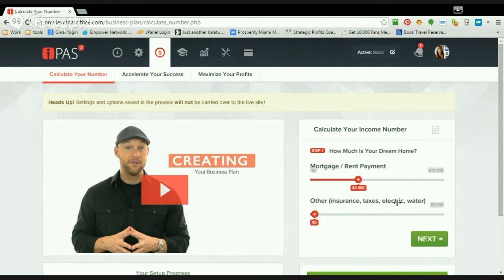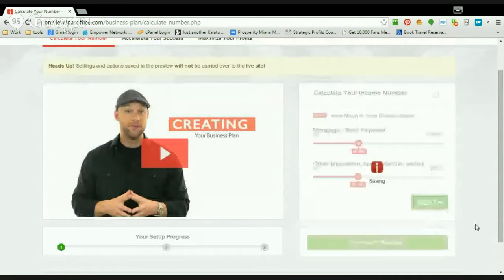Now, taxes, electric, all of your utilities and insurances should probably run, again, I have not done research on this, so I do recommend that you do so before filling this in, just so that you can get an accurate number. So I'm going to say other bills are about $1,700 a month, covers insurance, taxes, electricity, water, etc. And then your next step,